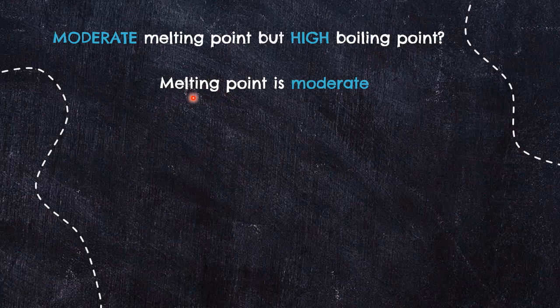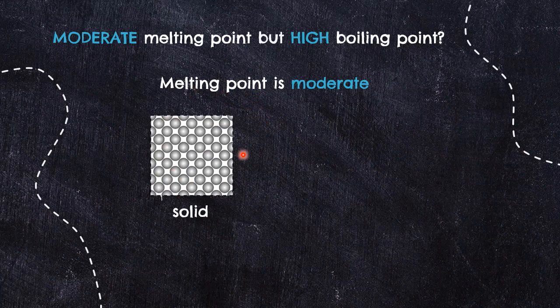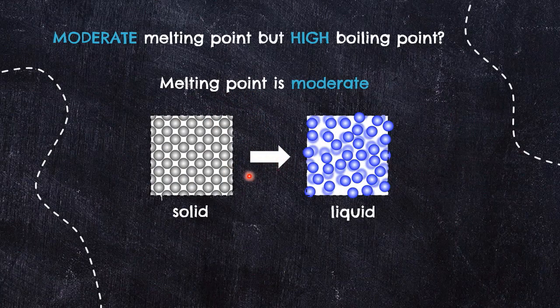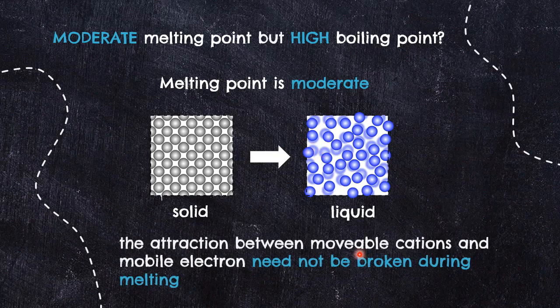So melting point is obtained from the melting process, where a given solid will melt. From here, we know the change of states of matter takes place: particles in a solid are arranged closely together, possessing only vibrations, and become particles in a liquid that are still close together but with no regular arrangement. So this indicates the attractions between movable cations and the mobile electrons need not be broken, hence indicates the moderate